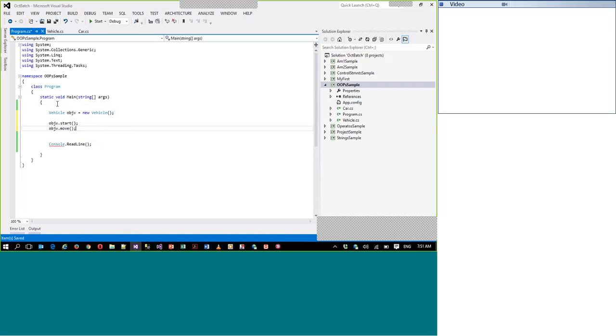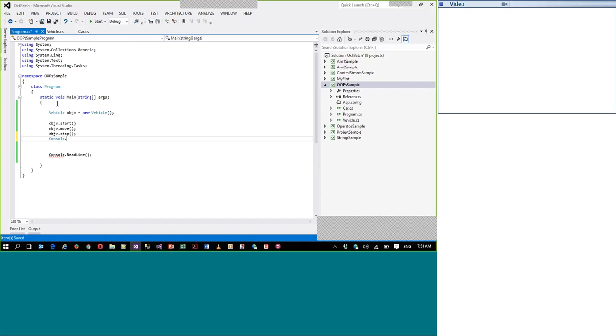Also, I can print the variable called objv.amount. So this is something which is vehicle, and vehicle has all the features, all the members as public, and I can use them here. That's a vehicle, right? So let me print Console.WriteLine of, let's say here I'm going to print something called vehicle,